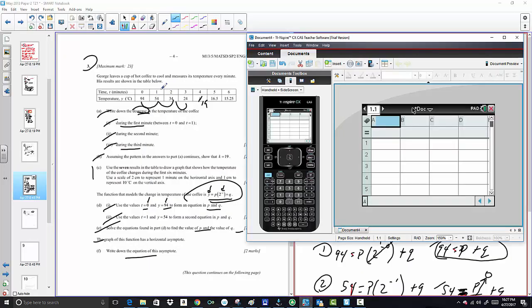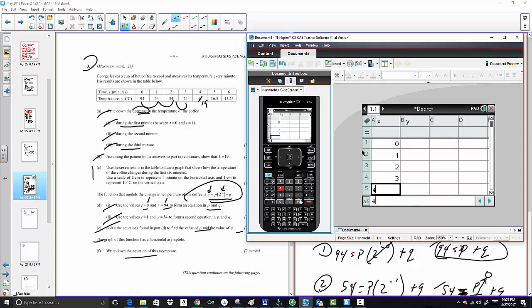So we're going to use these values right here on the table and put them in here so you can see them. All right, so I say x, and we'll have y. That's what I always call it, x and y every time. And then we'll put these numbers in. So this is going to be 0, 1, 2, 3, 4, 5, 6. So this is the part that's taking time, right? And then you have to go back up